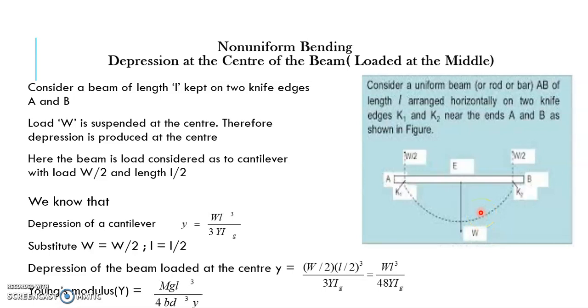From there, we can also find the Young's modulus of the beam. We just cross multiply Y and small y, and you get the Young's modulus of the beam. Therefore, capital Y is equal to, for W we put mg, the formula mass into acceleration, therefore mg L cube by 4 BD cube, substituting IG is equal to BD cube by 12, we get BD cube under 4. Therefore, Y is equal to mg L cube by 4 BD cube y, small y. This is the expression for Young's modulus of the beam by the non-uniform bending method.